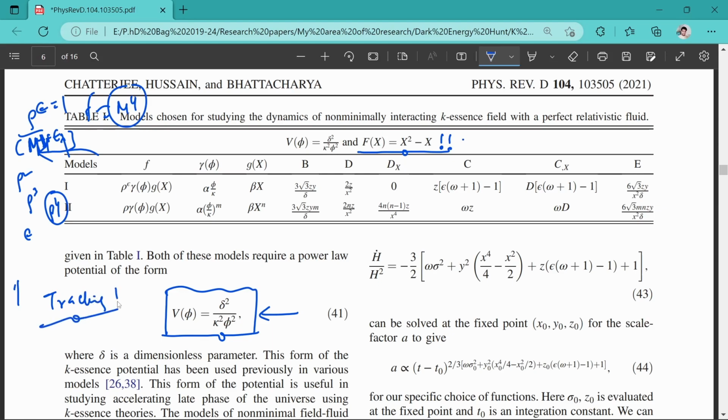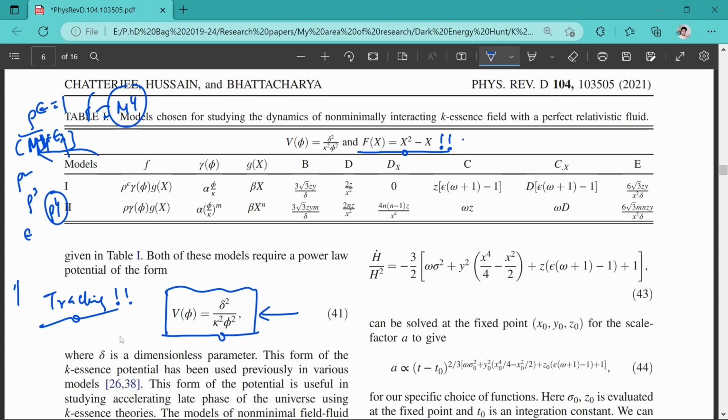Whenever you try to define any field corresponding to dark energy, we already know that in the early universe the contribution from dark energy is negligible. Again, in the matter dominated phase, dark energy was negligible, and then in the late time phase, dark energy is kicking in, and the universe is expanding and expanding and expanding. This kind of behavior is called tracking behavior, or we can say scaling behavior, so that it is scaling the fluid part.